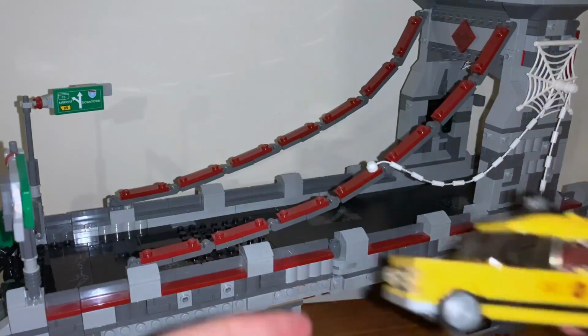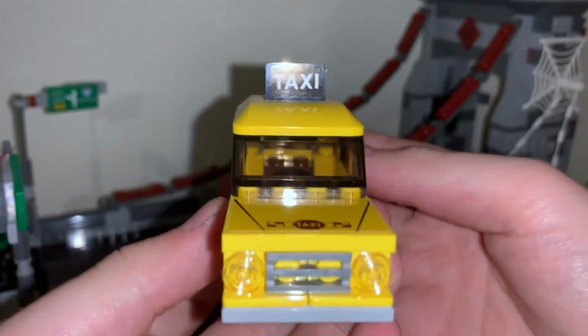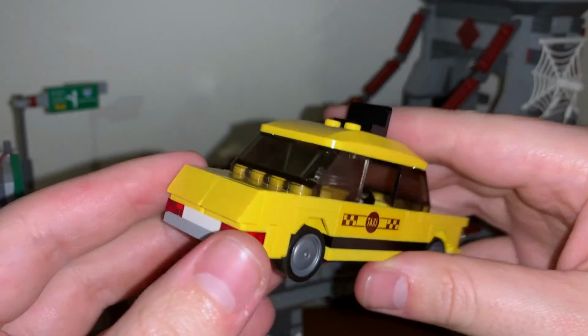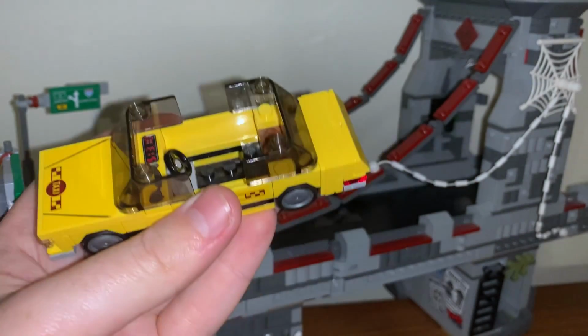Looks great when it's displayed right. The taxi cab is a great inclusion for a Manhattan-based bridge set. Now I can be a hypocrite when it comes to little added extras like this, definitely, but the bridge build is already so substantial, I don't really mind paying a bit extra for parts to be used on a taxi cab like this. I really love the build, but I do have some complaints, the biggest being that it's way